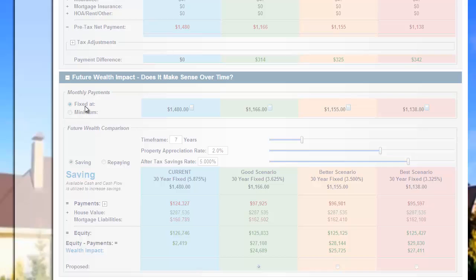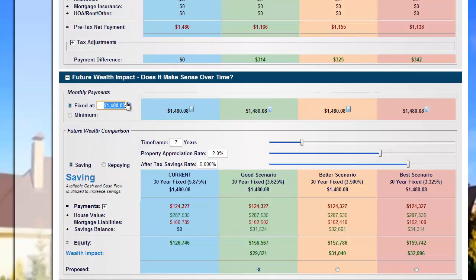You could also fix it at a certain amount. Let's say the client says, I want to pay $2,000 a month. That's what we're paying now. I can put in $2,000 a month, and we're going to apply $2,000 a month to each scenario across the board. So let's just say for now that we're going to use the fixed at their current payment,